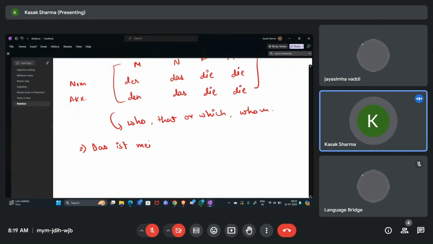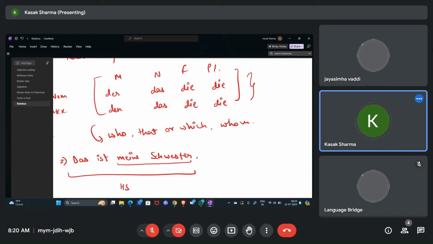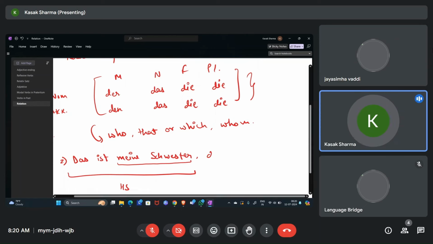For example, if I say, das ist meine Schwester, that is my sister. Now, forming a relative, we use a comma. This is my Hauptsatz, the main sentence. After the Hauptsatz, I put a comma and then my relative starts. After the comma, one of the relative pronouns of this table will come, which will be according to Schwester, because I will be providing additional information about my sister. So it will be, das ist meine Schwester, die